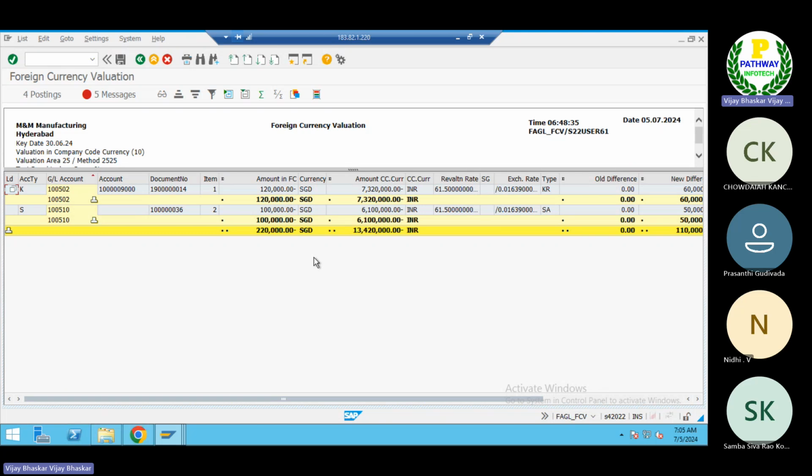Now you can see here. Okay, so now batch input session, I do not want to select the batch input session. Okay, so now there are 5 error messages.